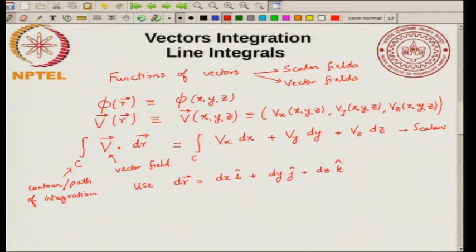Now, what is a contour? What you mean by this contour is some path. So, if you take this as my space, x, y, z, this is some path. It has some initial point and some final point, but the contour is not just specified by the initial and final points, it is also specified by the path. So, contour is specified